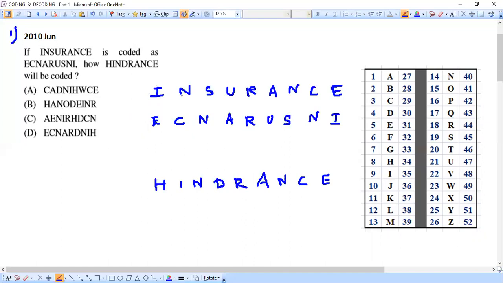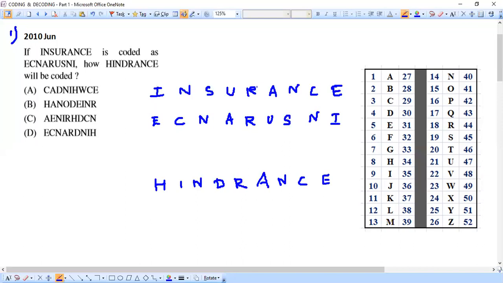See the letters in the given word INSURANCE, and if you just have a look here, you can easily observe that they have used the same letters here, but the order is something different. This is what we need to understand. So that means they have done something jumbled, right? They have just jumbled the letters of the word insurance and formed this code. So kindly make your observation how they have jumbled it. I think it is very easy for us to observe. By this time you would have noticed in what way they have jumbled it.